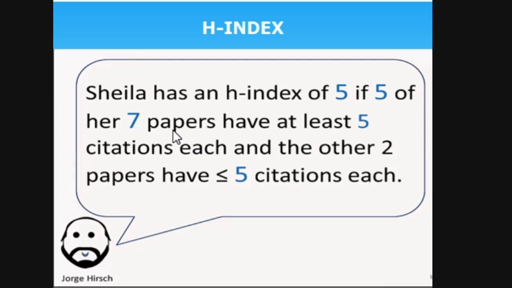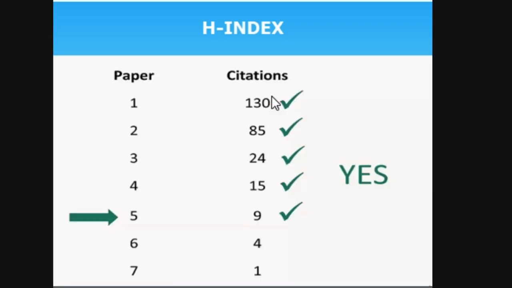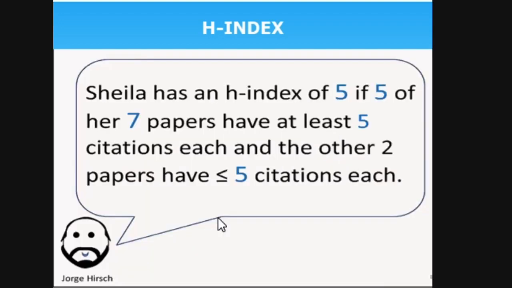When you read this with a formula like N P or something like that, it might look very vague or very difficult, but it is not difficult. When you understand the process of calculating H index, it is very easy. Now we know that Celia has published 7 papers, but only 5 papers have more than 5 citations, and the remaining 2 papers have less than 5 citations. That is the definition of H index. So the H index is 5 for Celia. Similarly for every author, it will vary depending upon the citations and the number of publications.